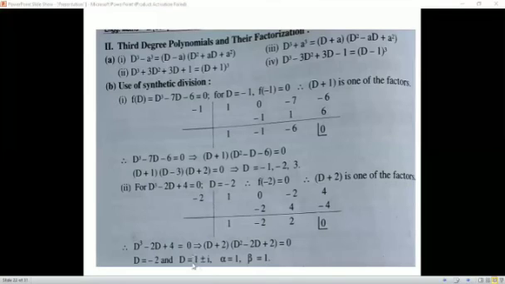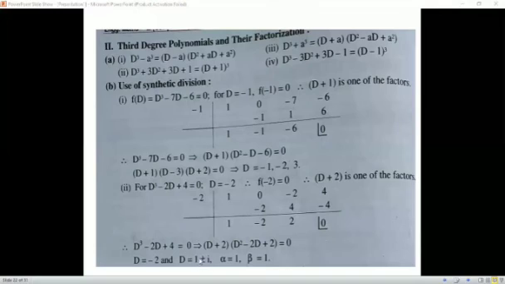The real part of this number is 1, so alpha is 1, and beta is with i. With i there is 1, so beta is also 1. So the roots of this equation are, kindly forget alpha and beta now, just concentrate on this: the roots are minus 2 and 1 plus minus i. And whenever imaginary roots come, they are always in a conjugate pair, that is plus minus.